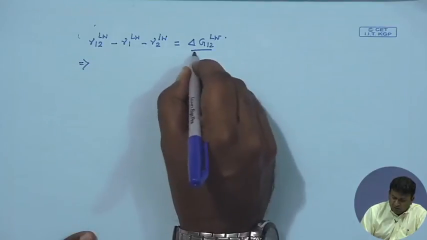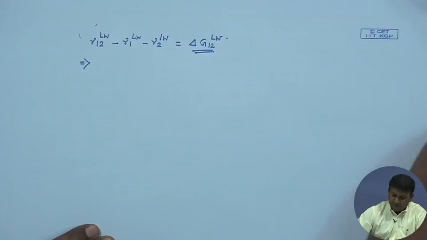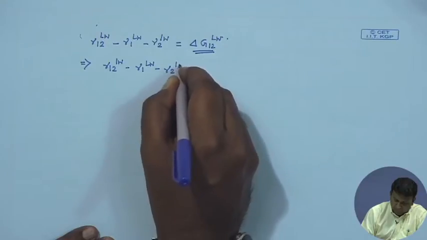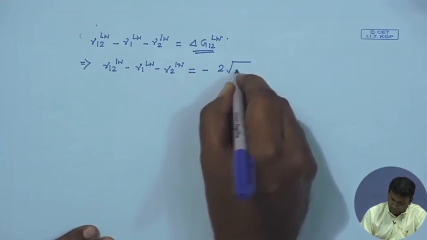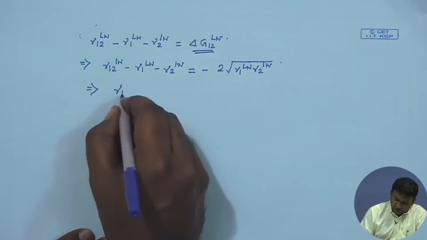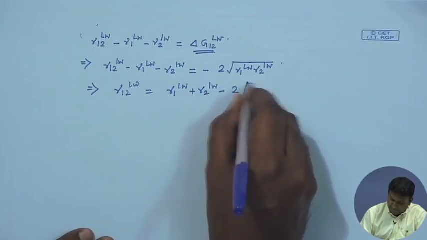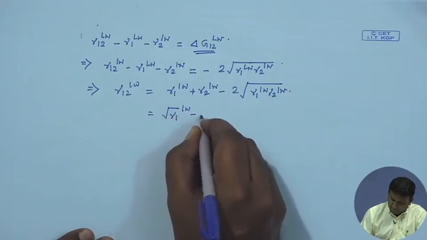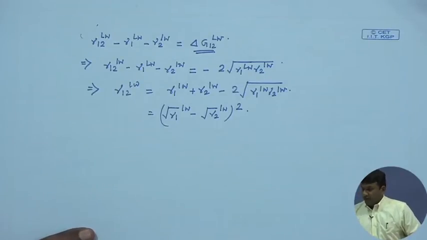So, all we do, we substitute the expression of G1 2 LW, which we have already got here, and once you do that, if you do a transposition, what you get now, gamma 1 2 LW is this particular expression, and this turns out to be